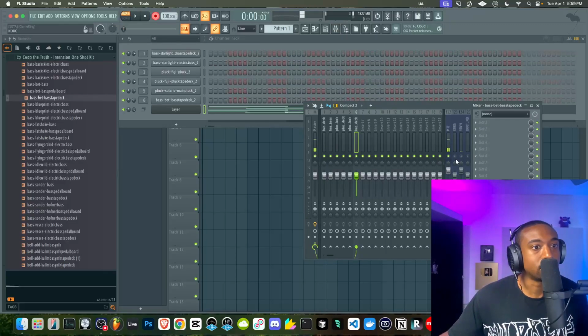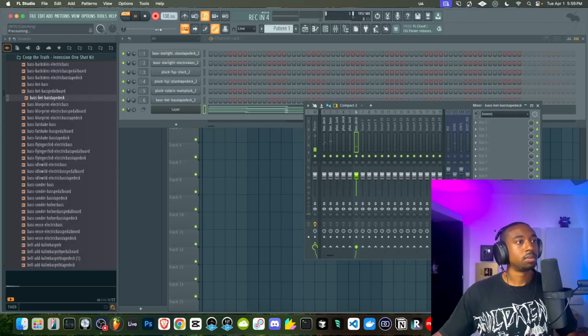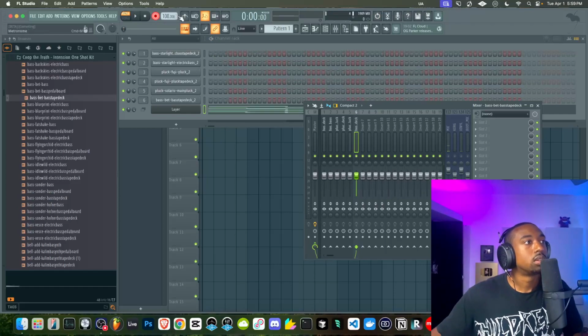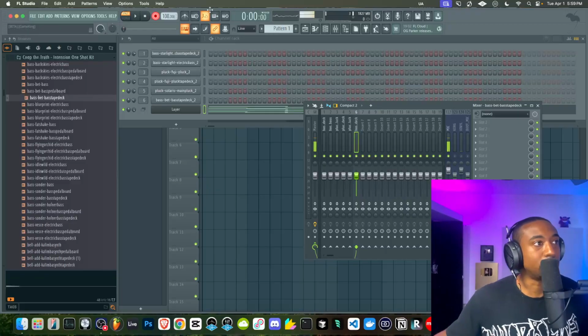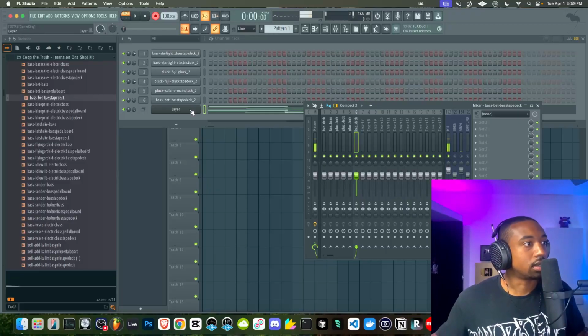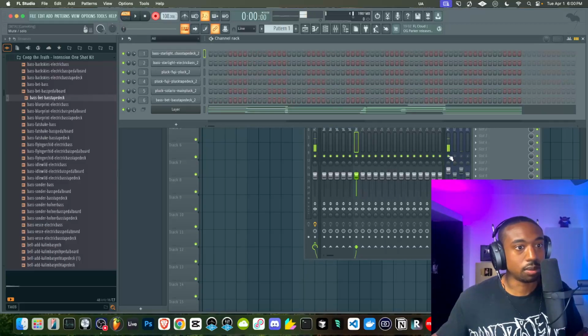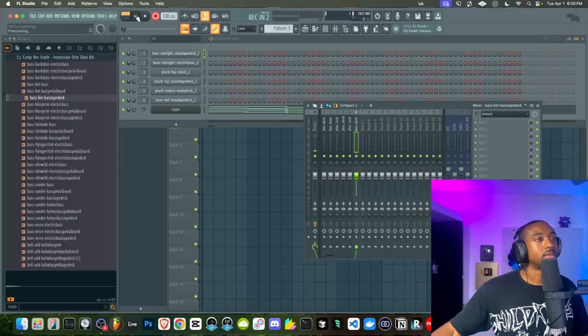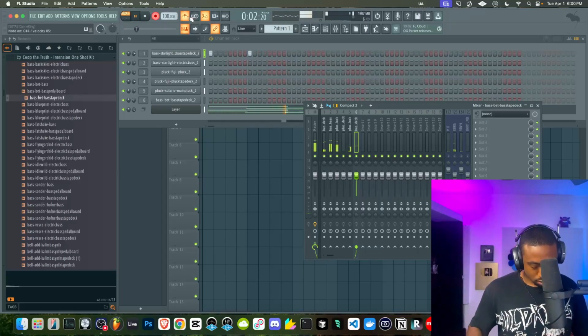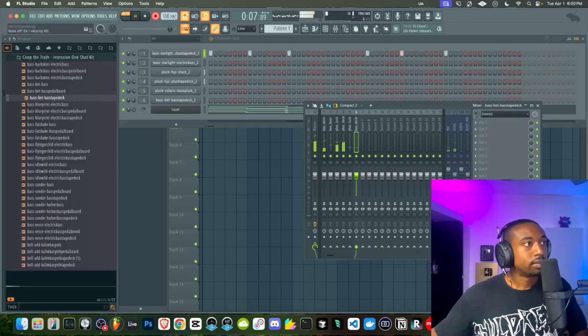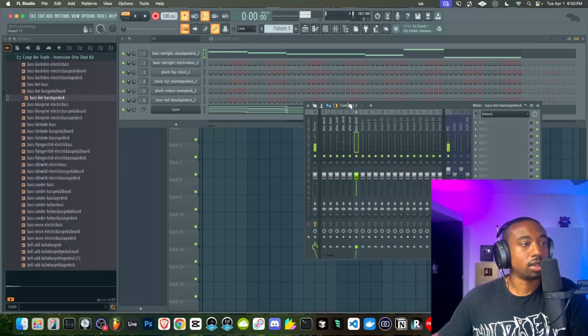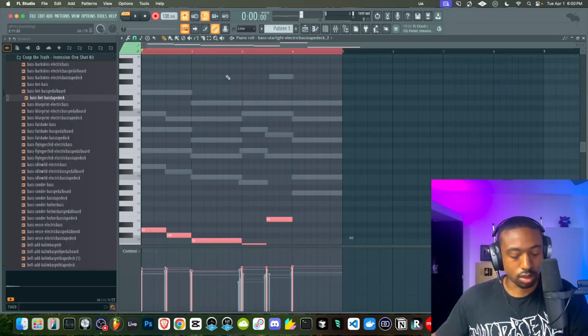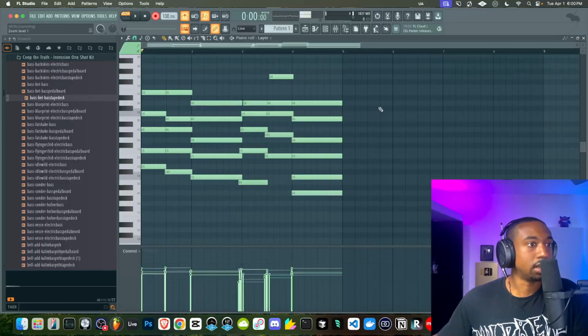Let's add a bass layer in here. All right, the new beta won't let me turn on overdub, which is super weird. So let's add this just manually here. All right, so now we have the bass line. Again, I don't know why it's being weird on the overdub feature. This must be a glitch. So let's hit Control V.